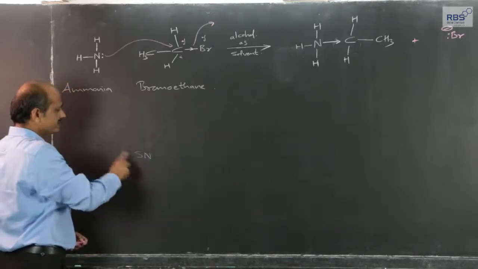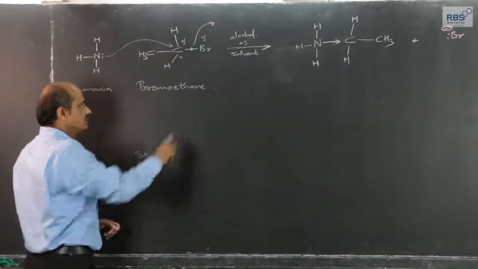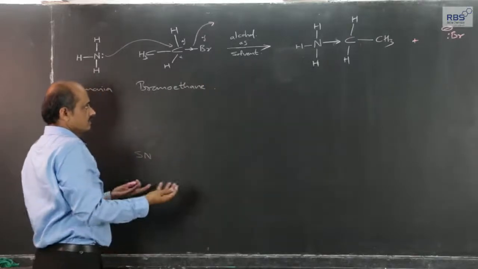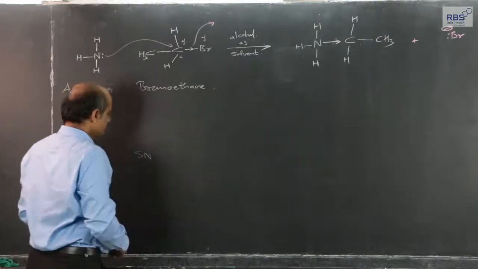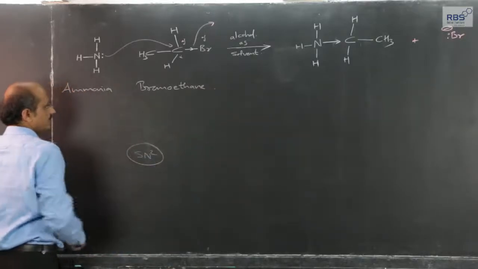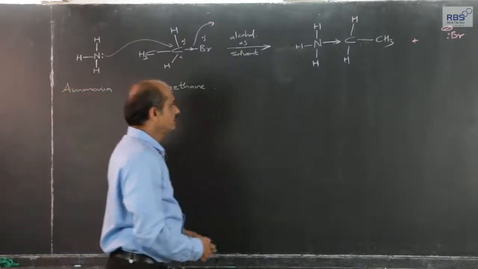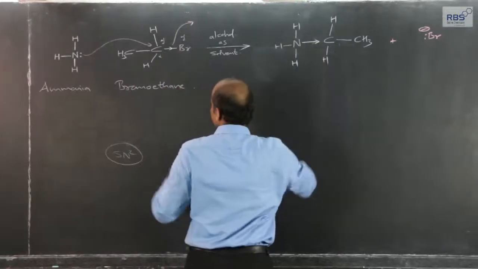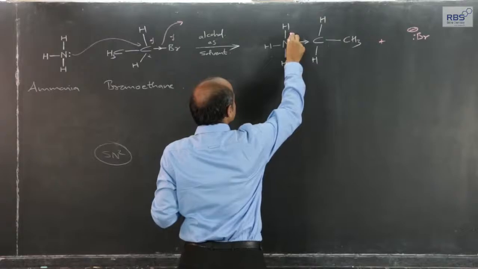So, this is SN reaction, and since there is attack on alpha carbon from the opposite side, and removal of bromine in the form of bromide, in general it can be other halogen also. Since it is simultaneous, one step, one nucleophile enters, other nucleophile goes out. So, this is an example of SN2 reaction mechanism. But during this process, the electron pair which was completely under the control of nitrogen has now become a shared pair, and it will produce positive charge on nitrogen.